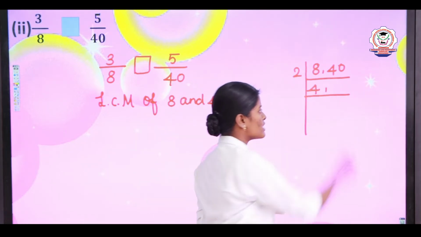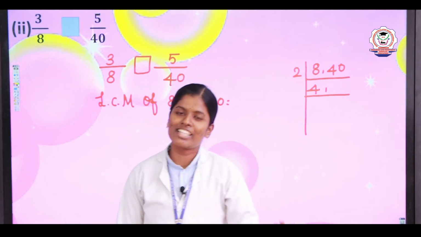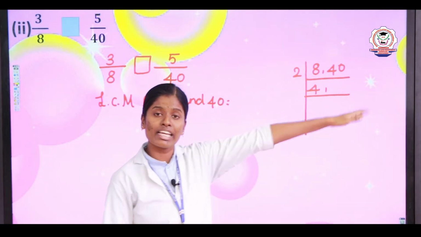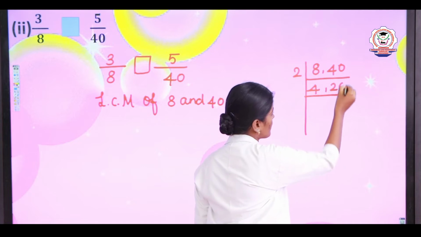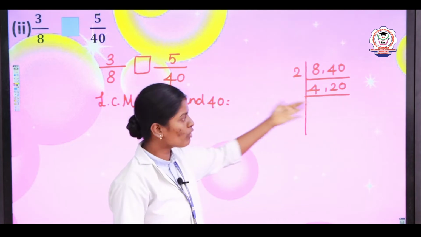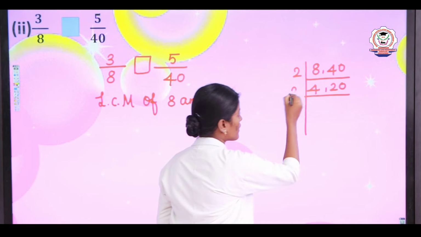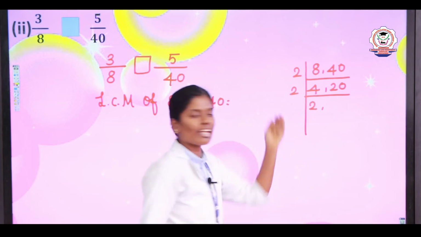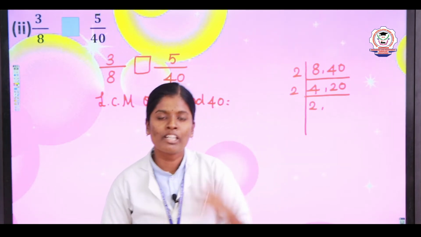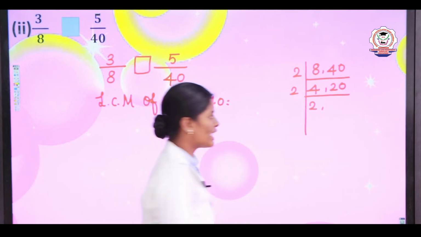And next we have 40. 2 table of 40? Yes. How many times? 2 20s are 40. Already 2 is there, 40 is there. Here the answer is 20. Again you are going to check whether 4 and 20 are in the 2 table or not. Here you listen, 4 is possible in the 2 table and 20 is also possible in the 2 table. So take a 2, 2 2s are 4 and then 20. 2 table of 20? Yes, very good. How many times? 2 10s are 20. So here the answer is 10.